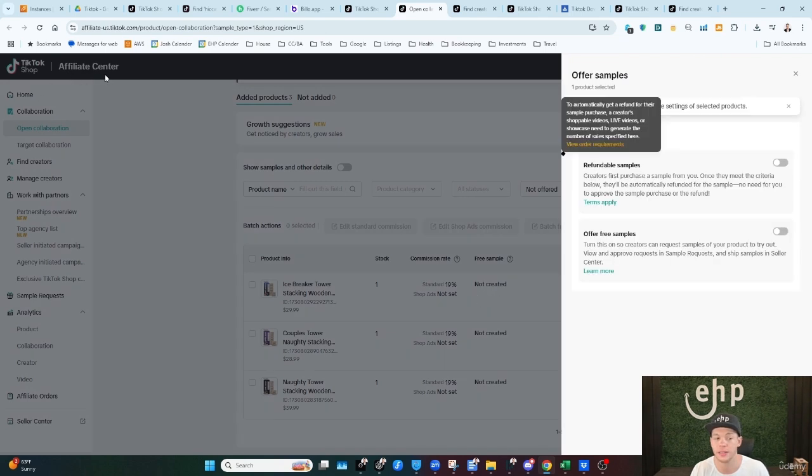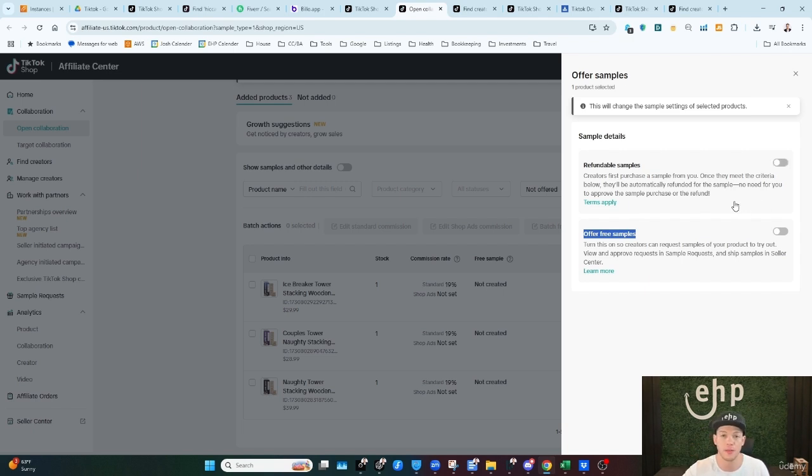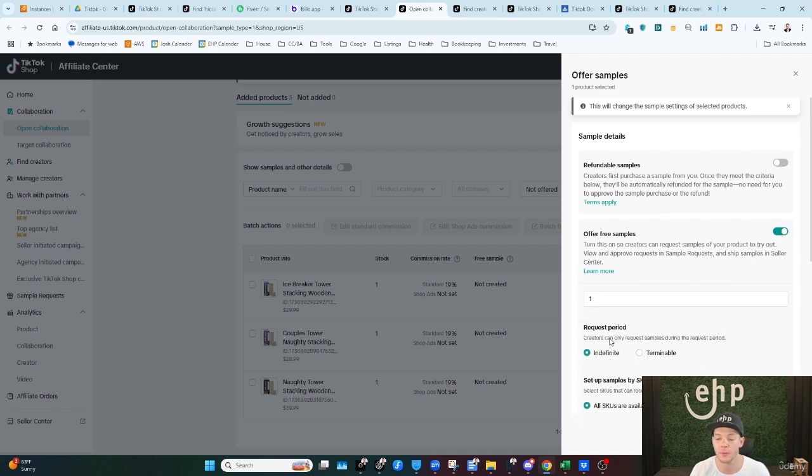So again, this is in Affiliate Center, open collaboration, and you can offer refundable samples or free samples. Refundable samples aren't as good because the affiliate has to pay for it, and then they get the money back if they make a sale. So you're gonna get a lot less affiliates. You wanna have free samples, right? Creators won't be able to submit requests once all samples are gone. I recommend to start with